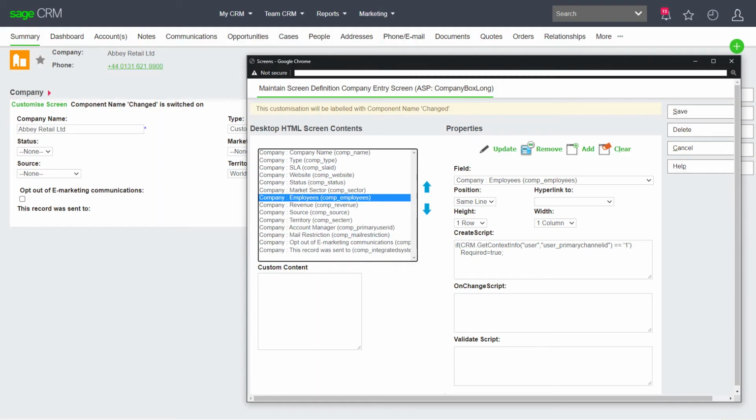Just to confuse matters, code can also be written directly into the front-end user interface. This adds the ability to create small chunks of customization that work within the existing CRM screens. Examples of this include only making fields required if the company is a customer, or changing values in a drop-down list based on other field selections. You can see here an example of some code that makes a field required if the user is a member of the sales team.